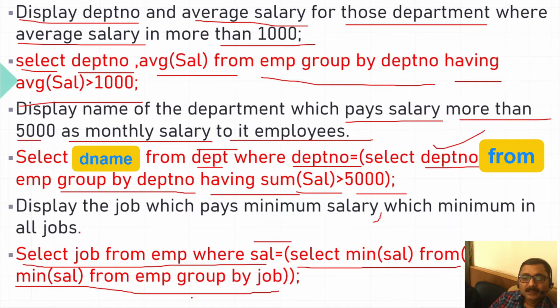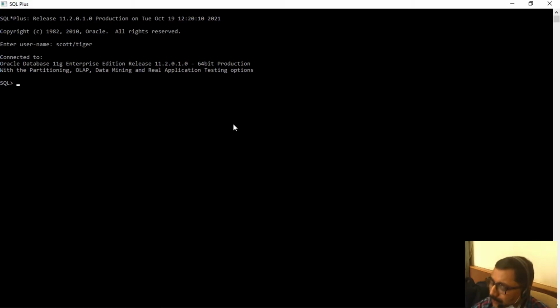Clear? This will give you job and job wise minimum salary. This will filter out the minimum salary from all the jobs, and then based on that one minimum salary we will be able to bring the job which gives salary equal to min sal. Use of having clause.